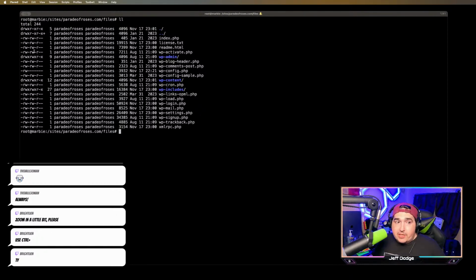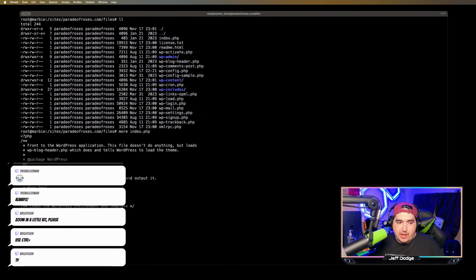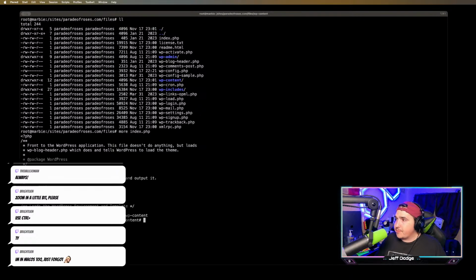All right. So I'm logged into a Unix server right now, and these are all the files that keep WordPress going. WordPress uses PHP, and here's the index PHP file, which tells it what to do. What we're going to do is go into the WP content folder, and then